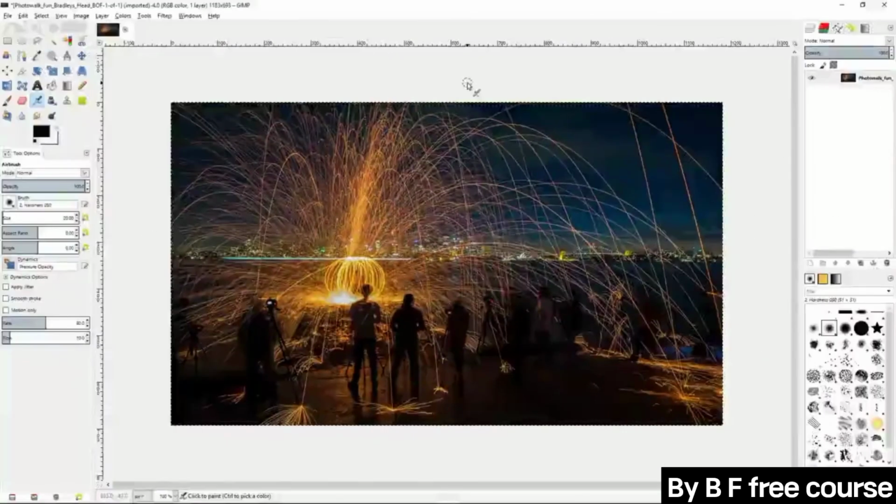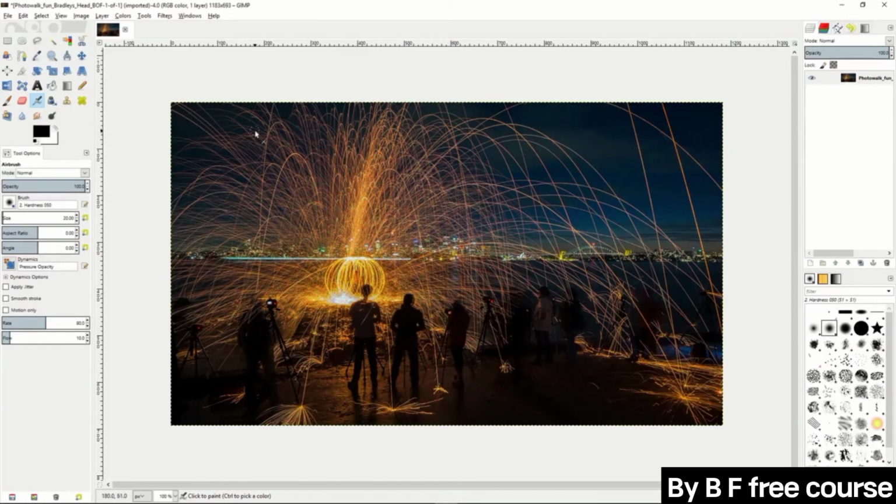Welcome to the next in our advanced tutorial series in GIMP. In this tutorial, we'll show you how to remove noise from photos where pictures have been taken that have a lot of noise in them. And here you'll see we have started with a picture that has a bunch of noise in it, and we're